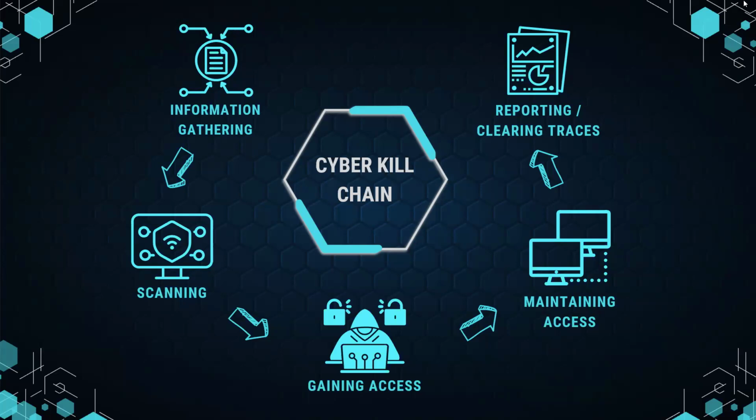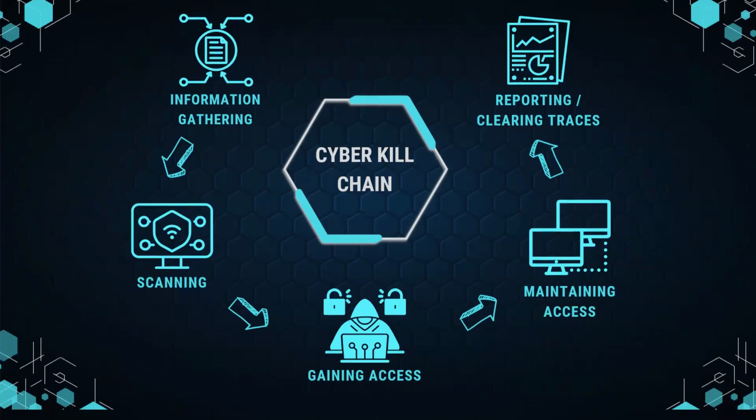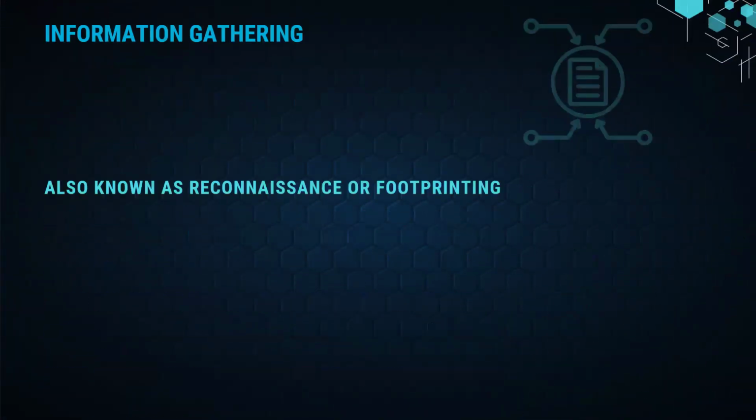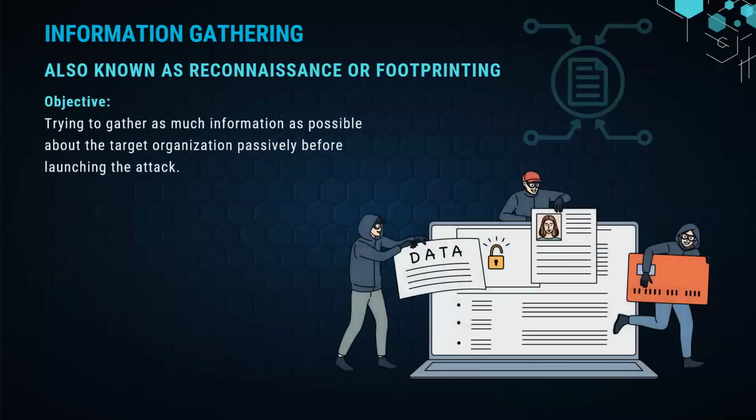So let's talk about each of these phases now so you have a better idea about the entire course content. The first step we have here is information gathering. The main concept of information gathering, as you can understand from the name itself, is to gather as much data or information as possible about your target organization. And an important point to note here is all of this information is obtained passively. What I mean by passively is you do not contact the organization in any way. You make no direct contact with them. You get all the information from other third-party sources, from other websites available on the internet.